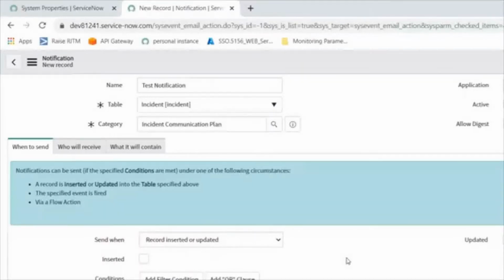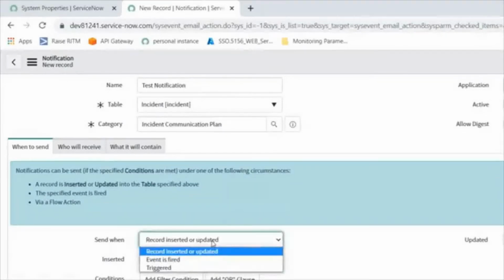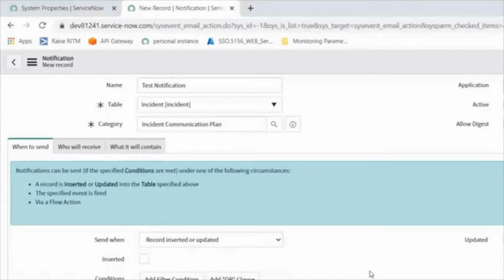So now we are creating one outbound email. How will it work, how will the outbound message be sent from the ServiceNow instance to other third party tools like Gmail, Outlook, anything that is configured in their instances. All right, so here, for Send when, this will send whenever the record is inserted or updated. Inserted means newly created, or updated on the existing incident, this will occur.